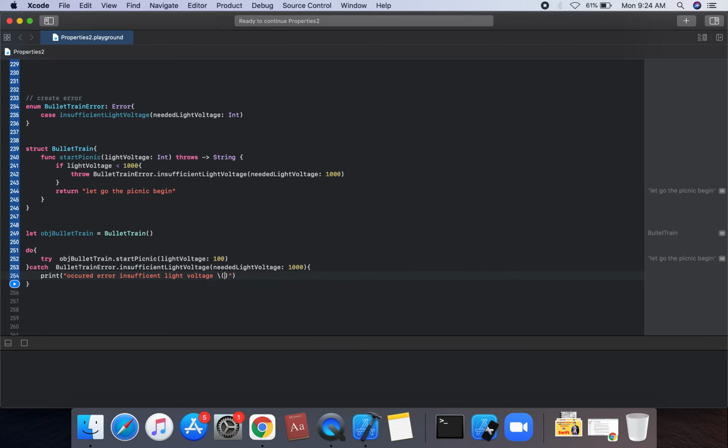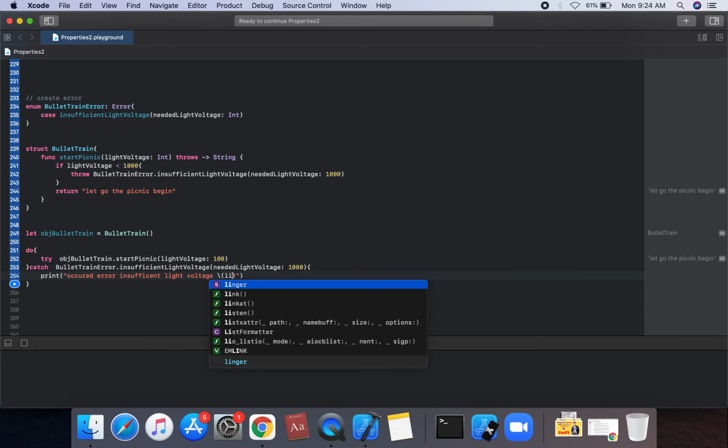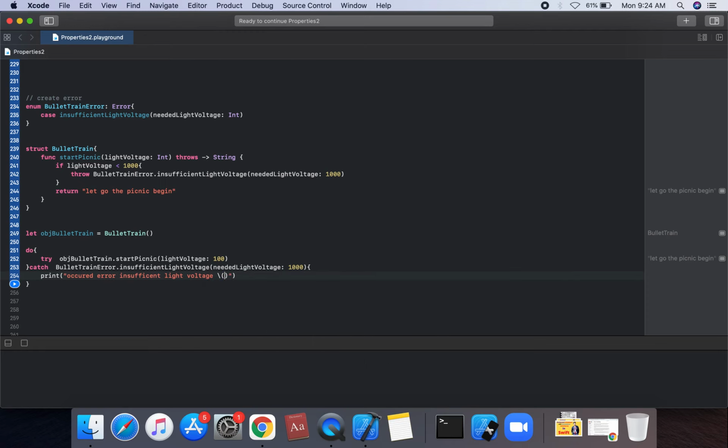So we can use light voltage, which has a parameter of need light voltage, and let on this error, bullet train error, and you can use let need light voltage. We can catch this error need light voltage, and we can use print of light voltage, need light voltage,